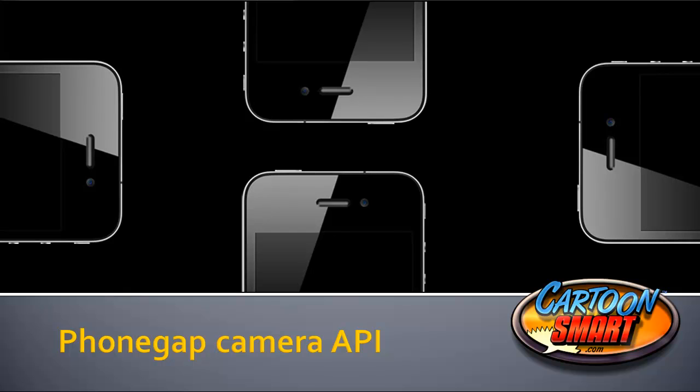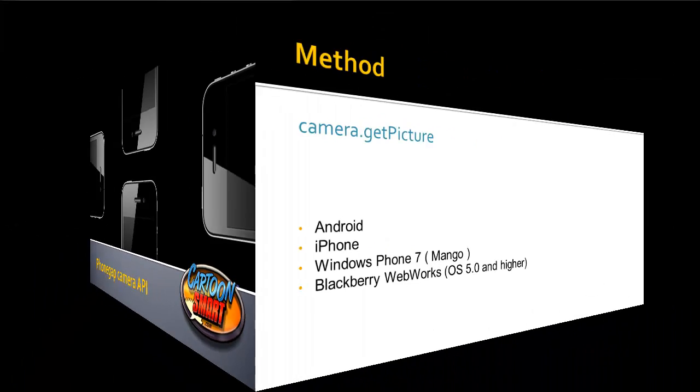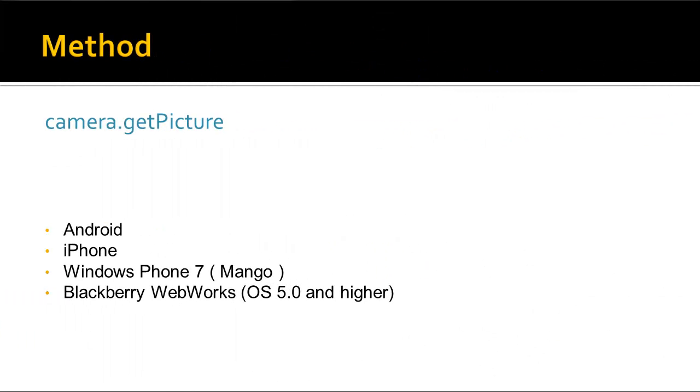Alright, and welcome to this tutorial where we're going to take a look at the PhoneGap camera API. Now, the camera API contains a single method, which is this camera.getPicture method. Now, this method will allow us to gain access to the device's default camera application, and we can take a